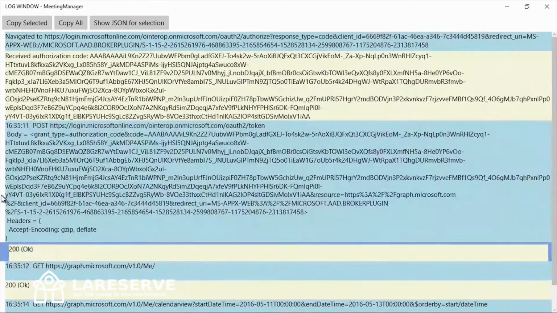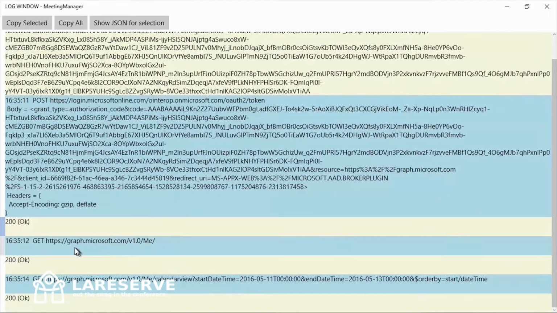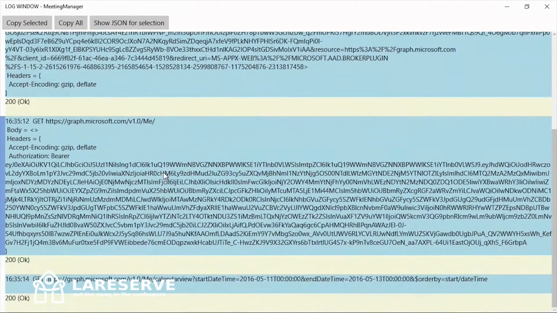Let me close this. So now that we have this access token, we can make a call. And this is the URL for Office 365. First call to Graph APIs. We use version 1.0 and want to know who I am, what is me. And you see we use this access token here.